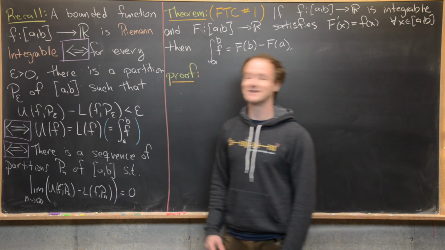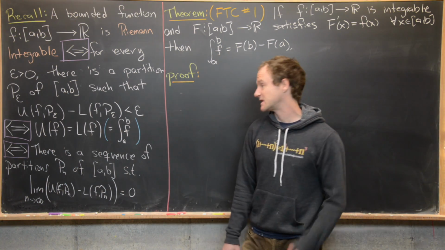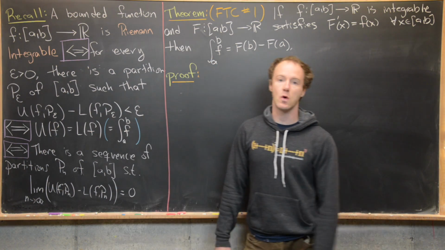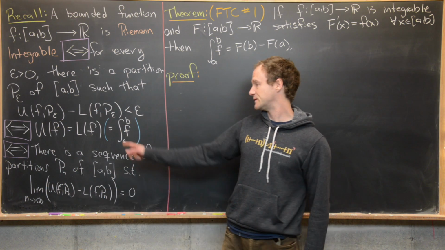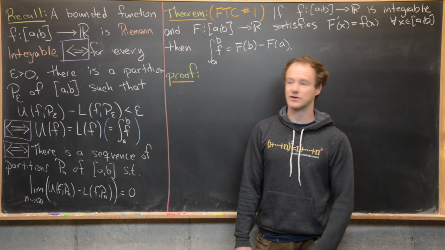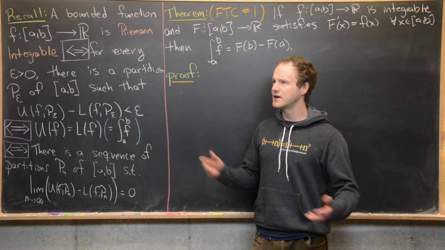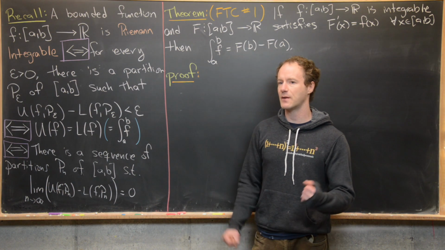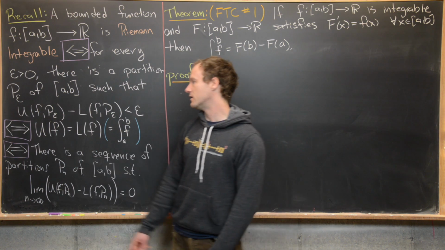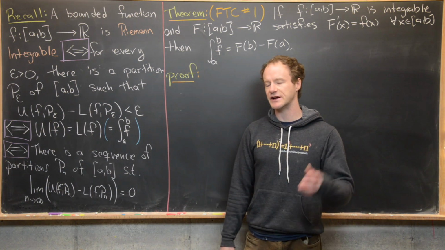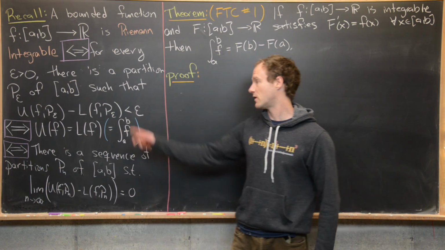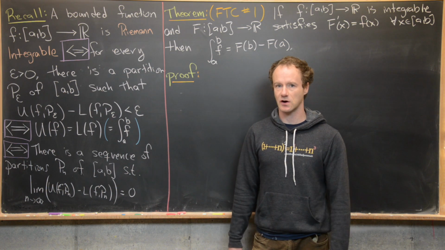These two are trending to the same number. But that's equivalent to the upper integral of f being the same as the lower integral of f. And in that case, we say that that's just equal to the integral of f on [a,b], which we denote with this standard calculus notation. And I'll let you check the previous videos for what the upper and lower integral are, but the upper integral is essentially the infimum of all of the upper sums as you range over all possible partitions. And the lower integral is the supremum of all of the lower sums as, again, you range over all possible